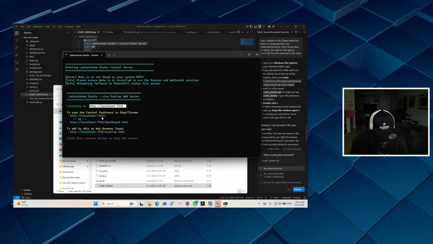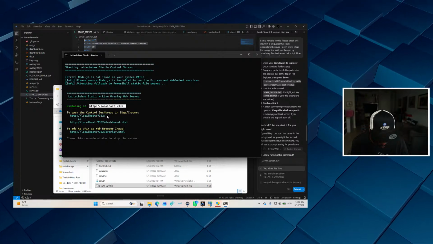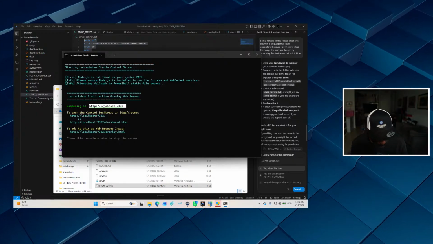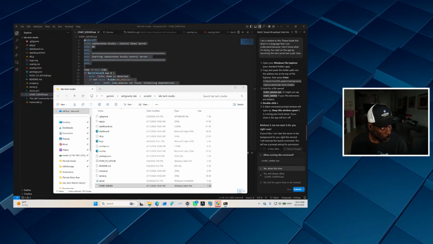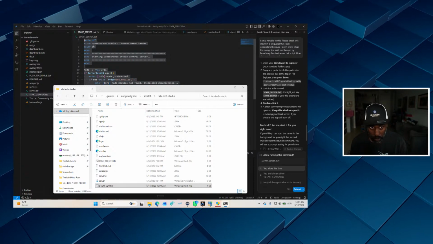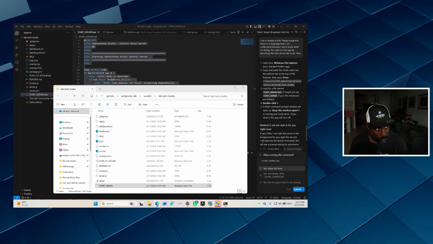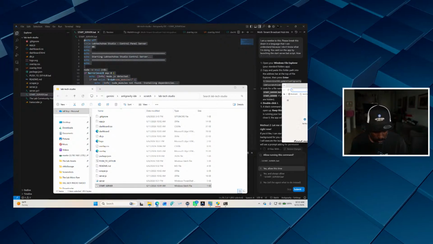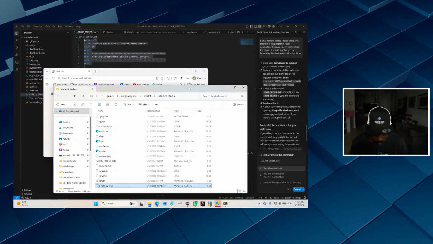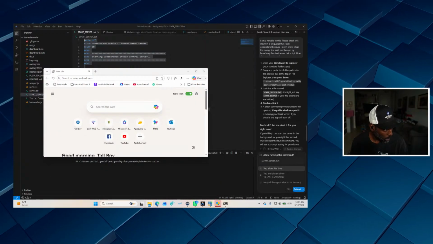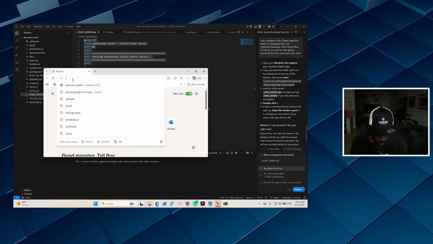Let's see. We're going to just copy and see Control C. So we're going to move this out the way, y'all. So we know we have to keep this open at all times. So we're going to keep this open. And then what I'm going to do here is we're going to open up a new web browser and let's see if it works. So this is a new web browser. We're going to leave this open too. We're going to shrink that. There we go. And then we're going to open up a new web browser and we're going to put Control V.